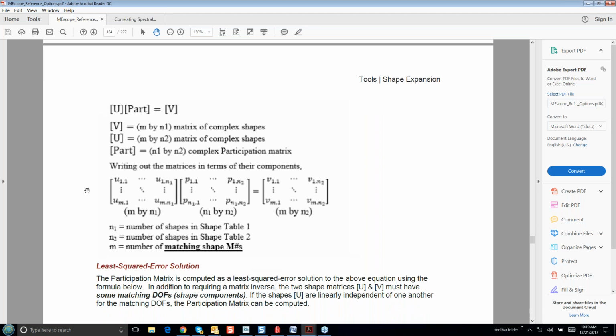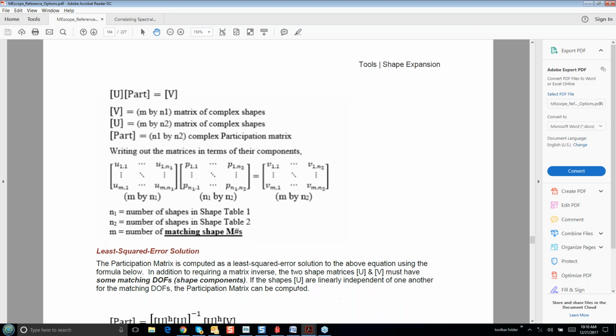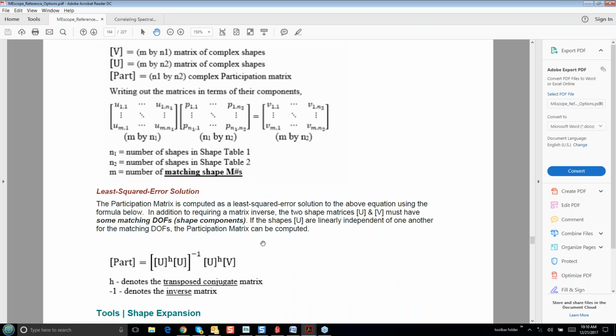So here's a little more math broken up, these matrices. Each column in the U matrix is a mode shape or an ODS. Each column over here in the V matrix is the same thing. They've got different dimensions based on how many shapes are in each of the shape tables. Now we're going to go down here and actually solve for the participation matrix. This is very simple linear mathematics. This is how you solve a set of equations when you're trying to equate the left-hand side to the right-hand side,